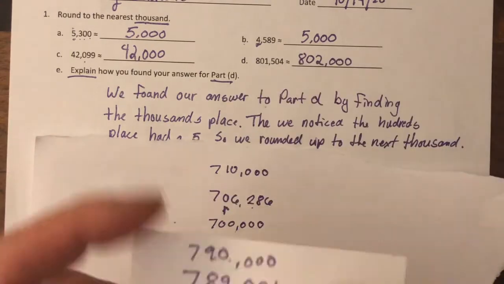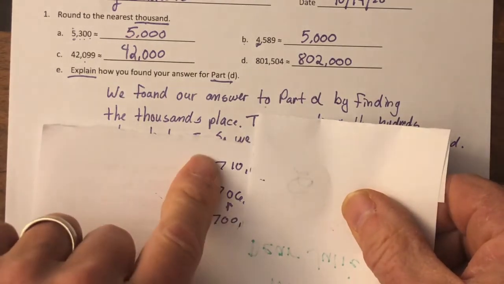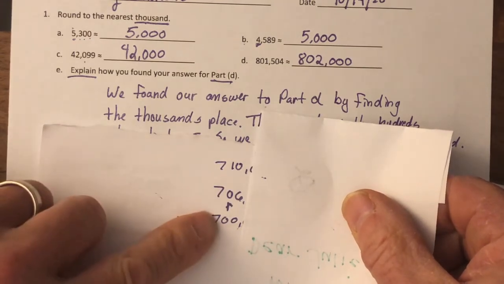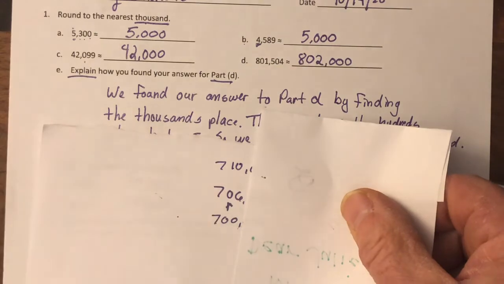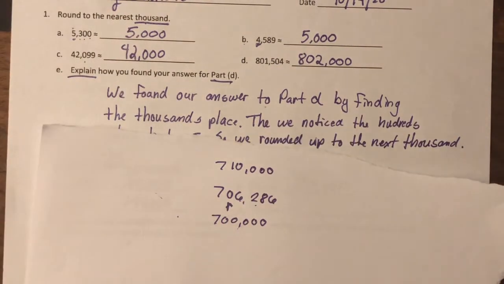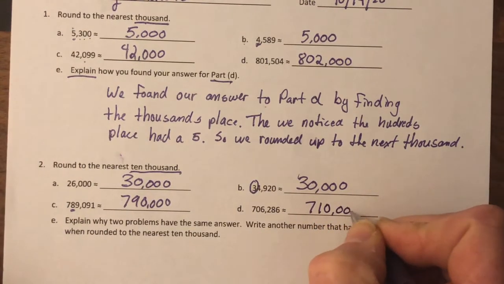I don't know if you can see that or not, but 700, 710, 706 lands between it. Halfway between 700 and 710 is 705. 706 rounds up, 710,000. Okay,